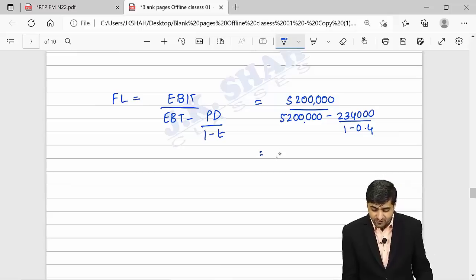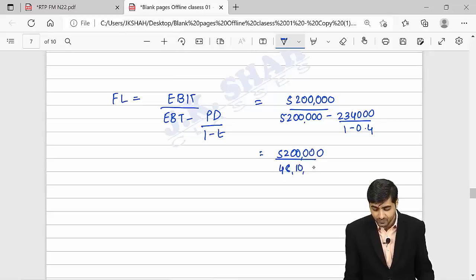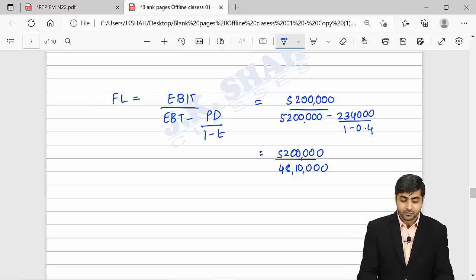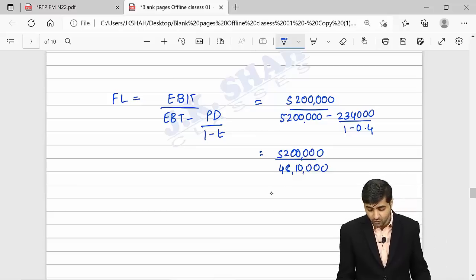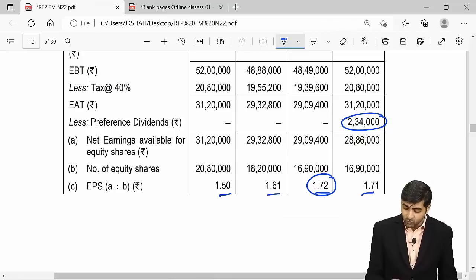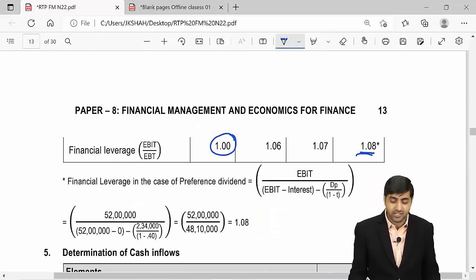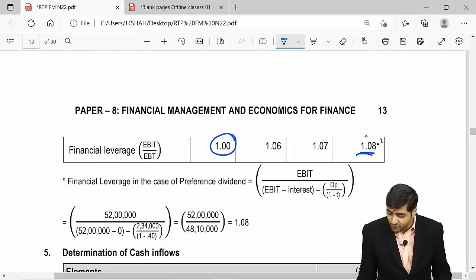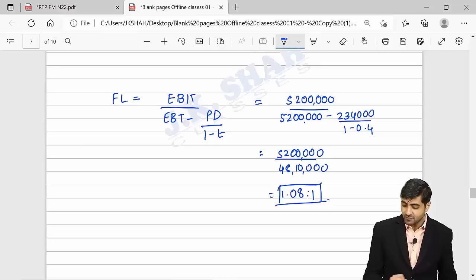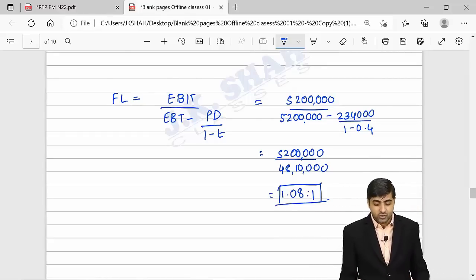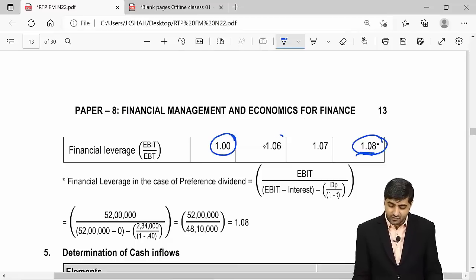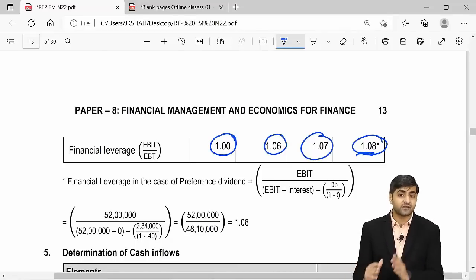So ultimately this will be 52 lakhs divided by 48,10,000. So eventually 52 lakh divided by 48,10,000 will give you 1.08. And obviously, as you can check, for plan 1, there is no debt in the capital structure, hence its financial leverage is 1. And for plan 4, when there were preference shares available, we calculated in this particular manner. So your financial leverage was 1.08, and this is how we calculate the financial leverage for all the other plans